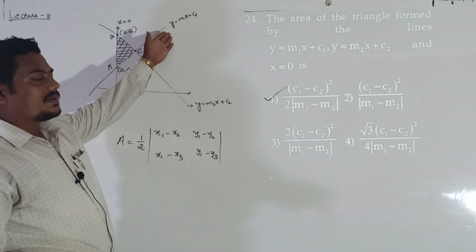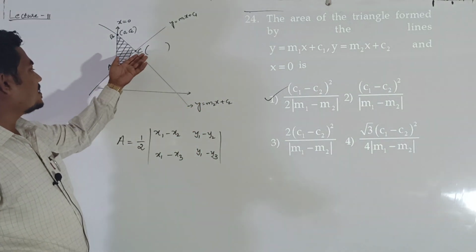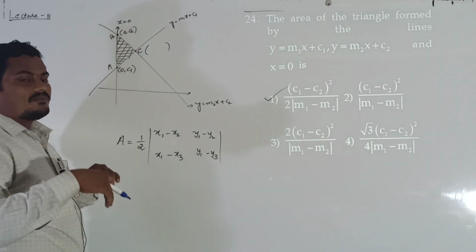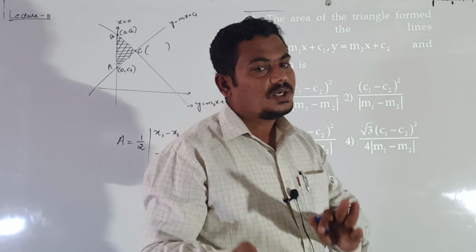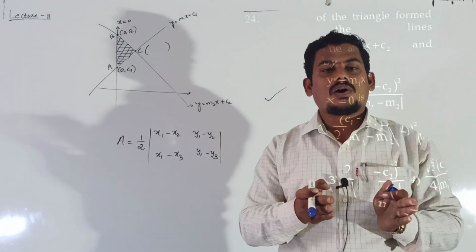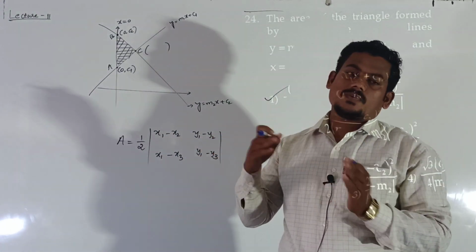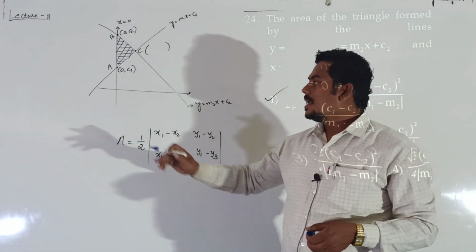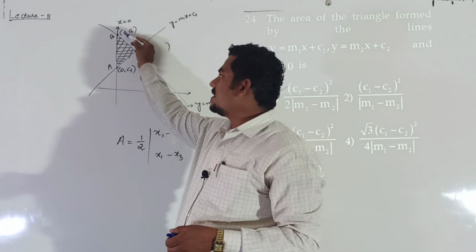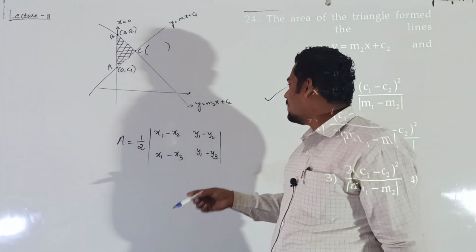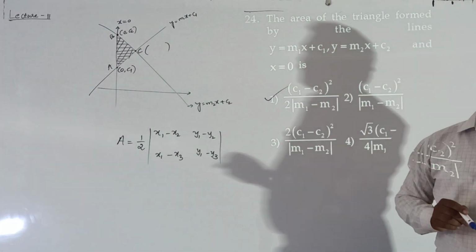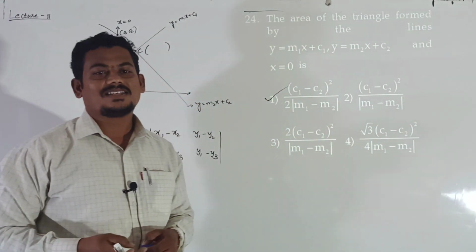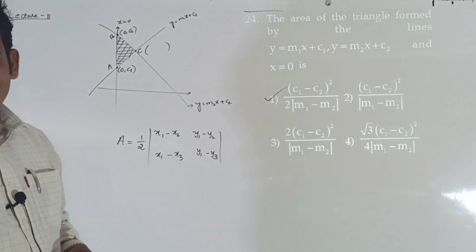Just solve these two equations, then you get third vertex. Already you have vertex A and vertex B. Find vertex C by solving given two equations. You get x coordinate of point C and y coordinate of point C. After that, use this formula. Treat this point as x1 y1, this is x2 y2 and x3 y3, and simplify. You get first option, right? Can you try? Answer is yes. Next question.